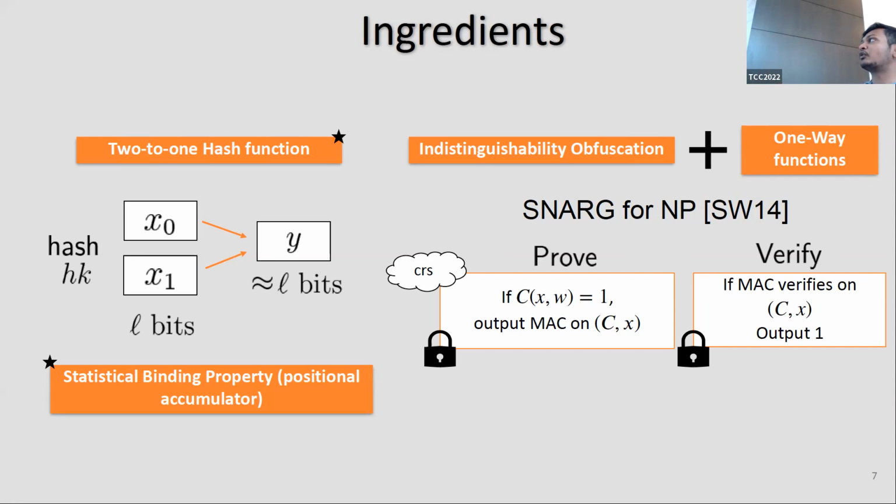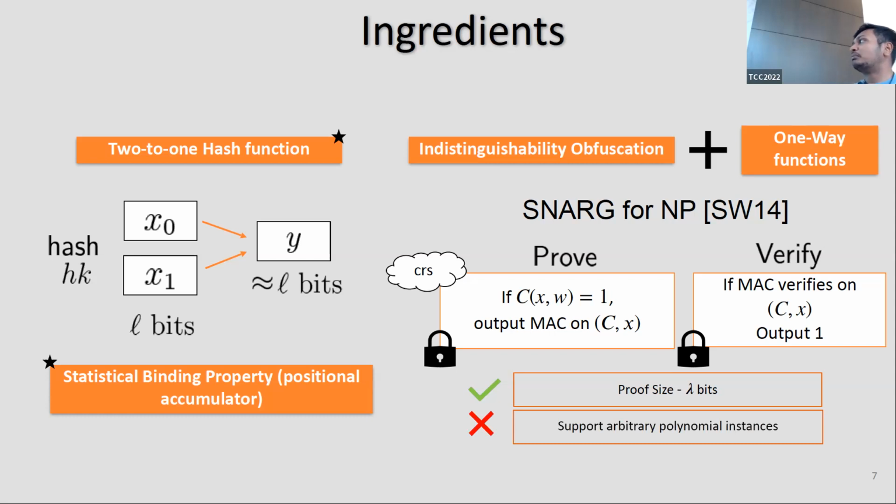Notice that the proof size here depends on the size of the MAC. If the size of the MAC is security-parameter many bits, we get a proof size which is security-parameter many bits. But this does not support arbitrary polynomially many instances. The reason is the CRS will grow with the number of statements that you want to batch together. If you have too many statements, your prove program will now check each of these statements; it will run the circuit on each of these statements and witnesses. So the CRS will grow with the number of instances T. And it's not clear how to update these proofs, arbitrary polynomially many times.